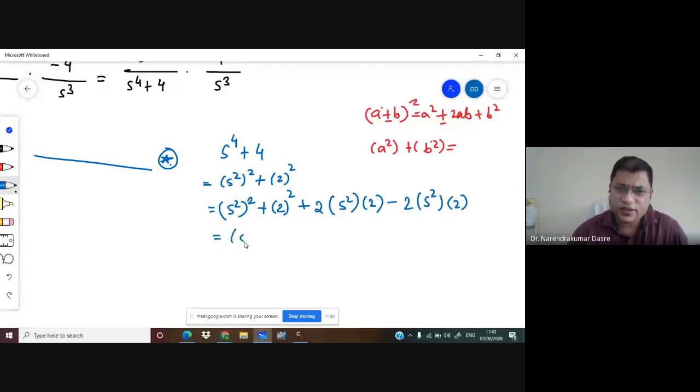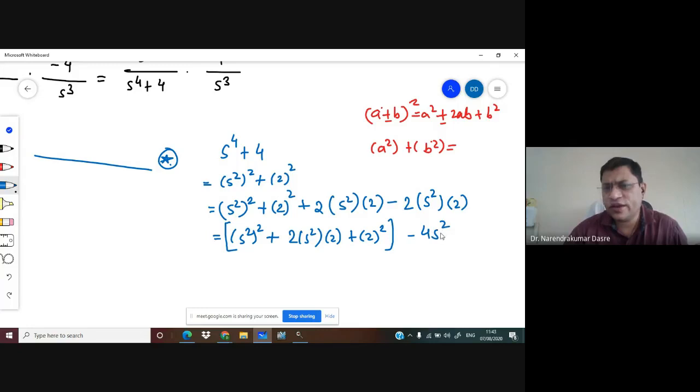So if we simplify this, it is going to be s square square plus 2s square into 2 plus 2 square. Okay, and this is minus 4s. So this you can have, this is s square plus 2, bracket square. Okay, this term is a square plus 2